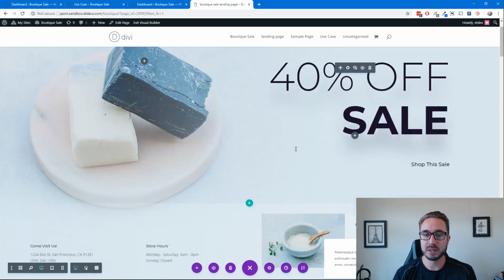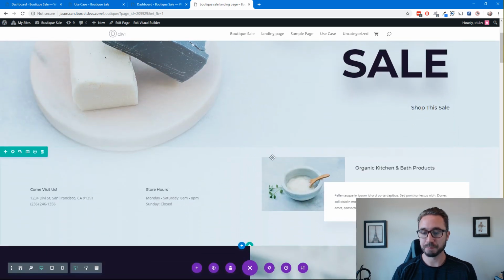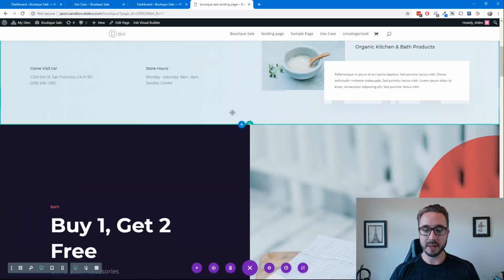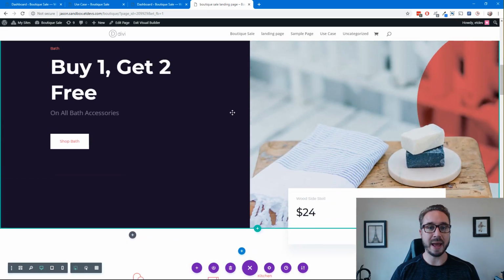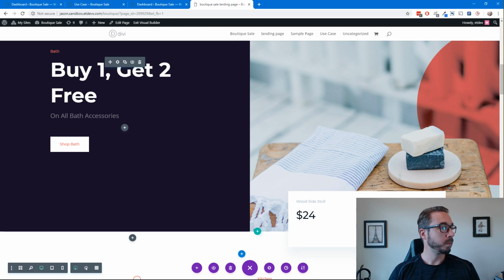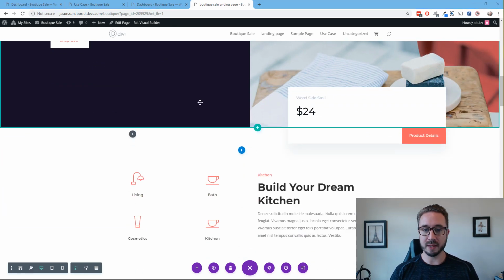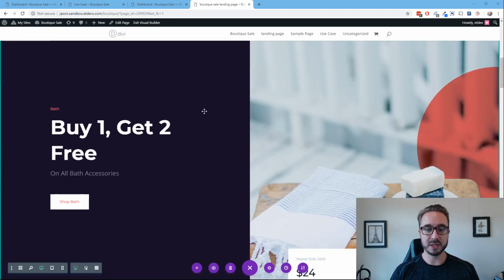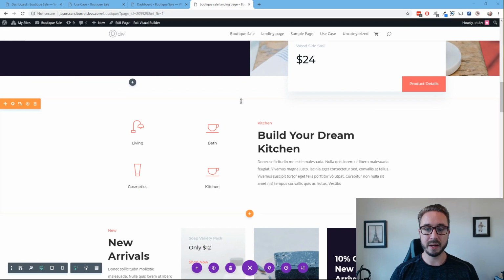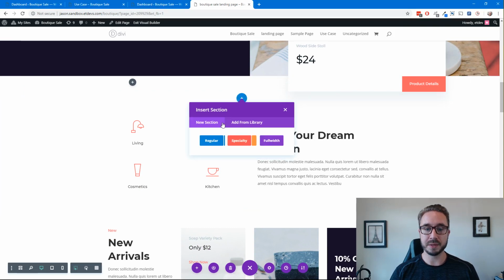All right, and once it's loaded, I'm going to publish it here. Then I'm going to scroll down until I find the section where I want to add it to my page. For this example, I'm just going to add it right underneath what I believe is the second main section of the layout. So right under here, all I'm going to do is create a new section,